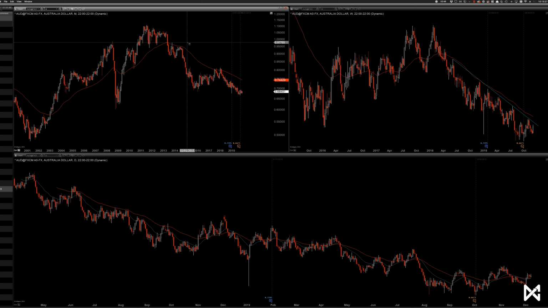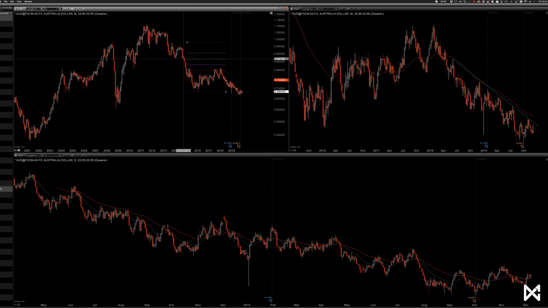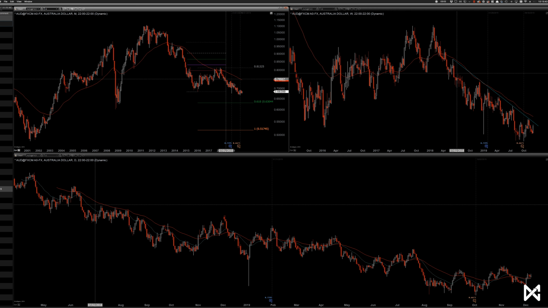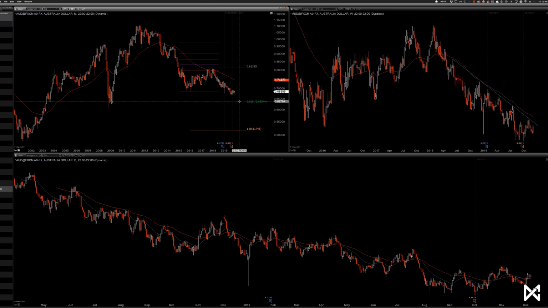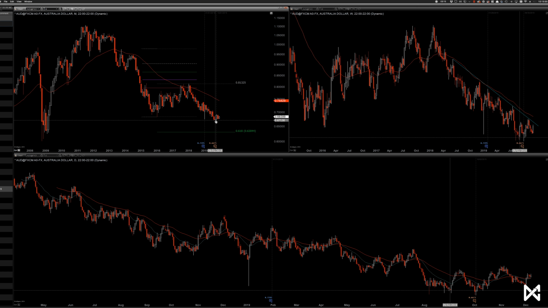Now, obviously, we had this pullback here as well, right? So this was wave 3 run, wave 4 pullback, and now the monthly chart is in a wave 5 run. So knowing the Elliott wave theory, is the wave 5 run complete? A lot of times, majority of the times, it actually goes down to 0.618 Fibonacci extension, right? So obviously we're decelerating, we're slowing down on this monthly chart with kind of like a doji candle and a